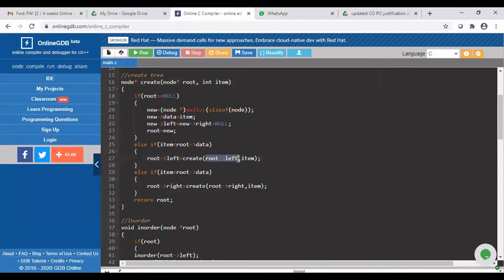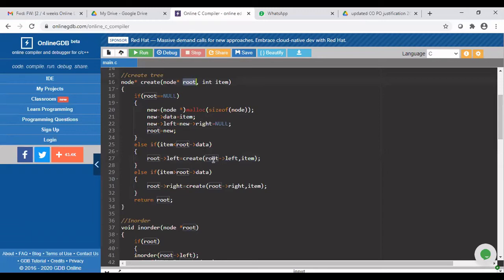So this is very important, guys. Here only we are calling actually recursive function. In recursive function, you will start with a big problem. You will divide that into smaller problems. Finally, when you reach the base condition, you will bind up. So here every time the problem dimension must be reduced. First, we are starting with root. But now, since the item is less than the data of the root, I have to compare only in the left subtree. So I am reducing the dimension of the problem.